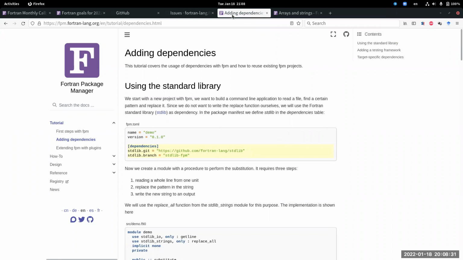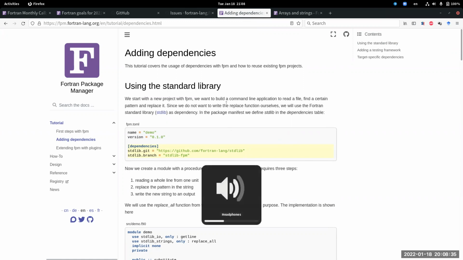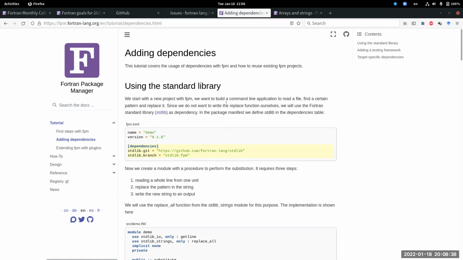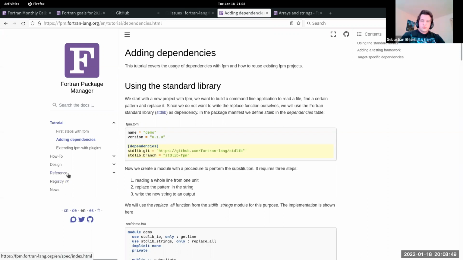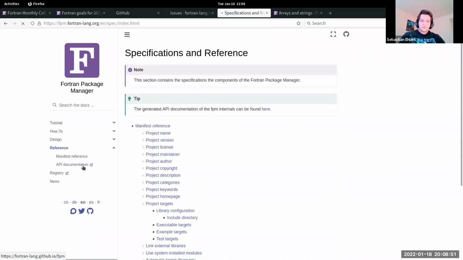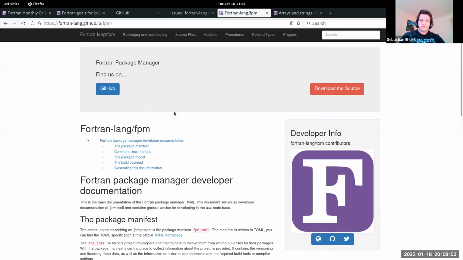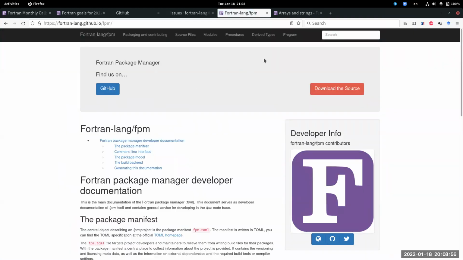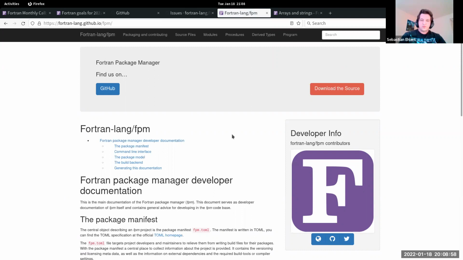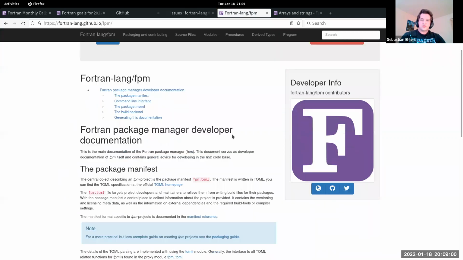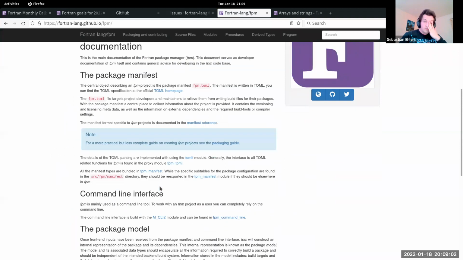Yeah, so Sebastian, to understand what you did for FPM, so there were also specs like in stdlib, right? Then what did you do to move that to those things? I have no idea, to be honest. I mean, what we have originally was this documentation we generated with FORD. Yes, right. This is basically the same we have for standard lib. So this one was taken from the standard lib, and then we started writing things for FPM.